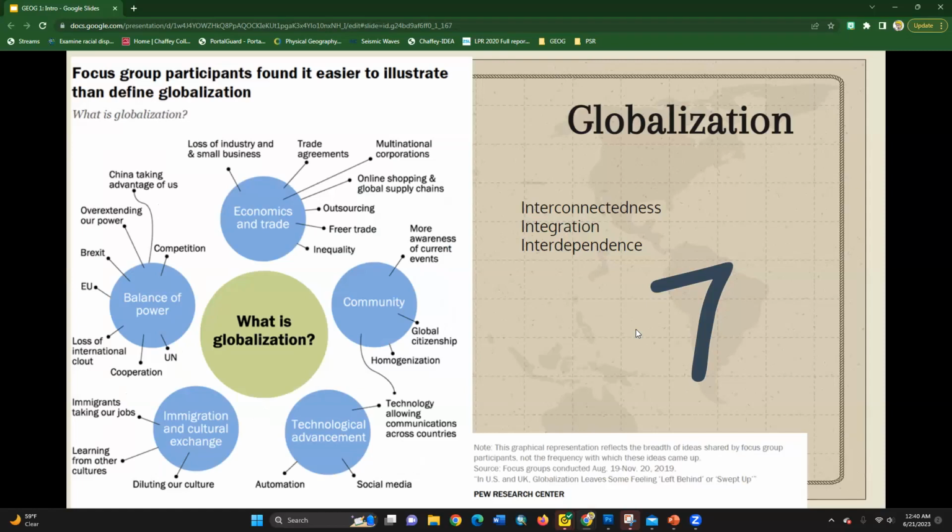We'll also talk about globalization. Globalization refers to the increasing interconnectedness, integration, and interdependence of countries and regions. It follows the flow of goods, services, information, technology across borders, leading to a global network of political and social interaction. That can be an economic thing. So, for example,